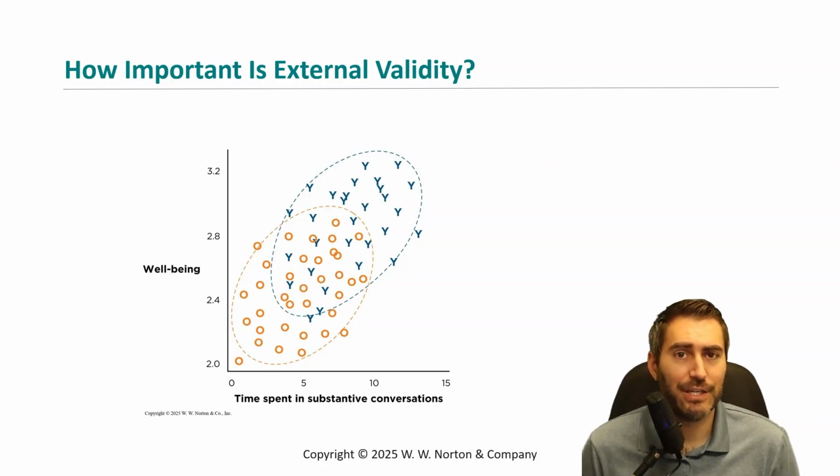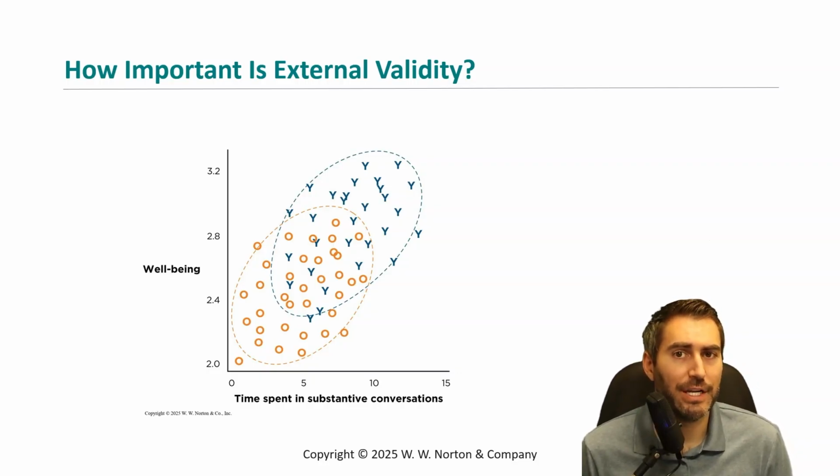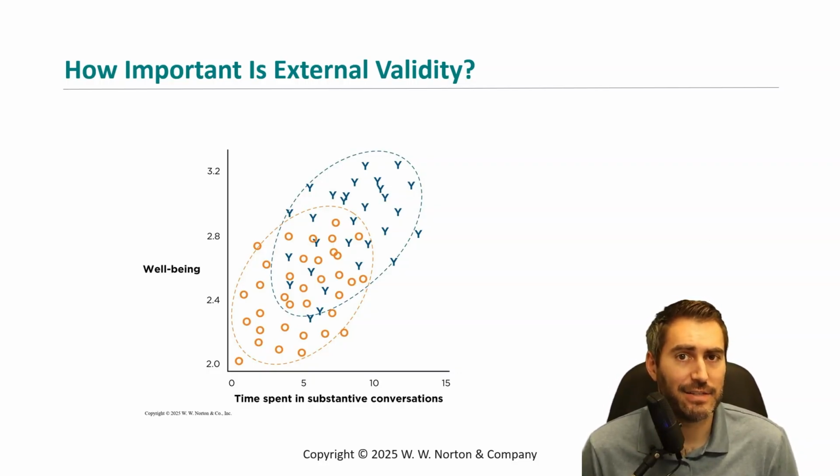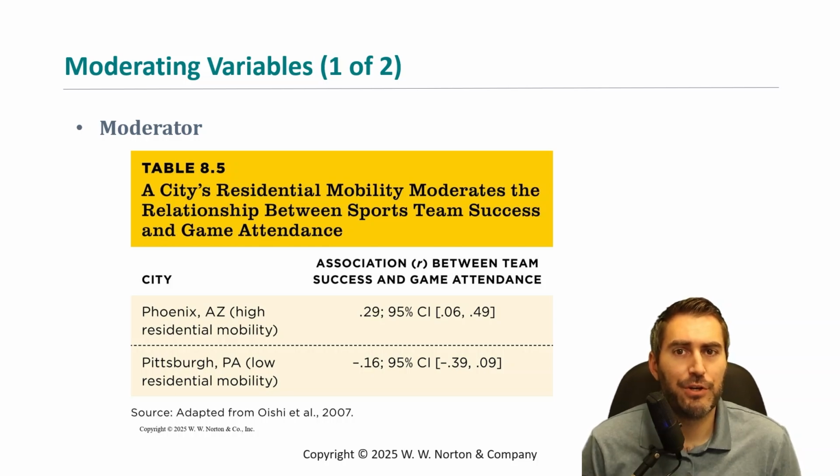Also, many associations generalize to samples that are very different from the original sample. Here we can see that older adults, represented by O, might spend less time in deep conversation than college students, represented by Y, and they might have lower well-being, but the association between the two variables within each sample of people still exists. When the relationship between two variables changes depending on the level of another variable, that other variable